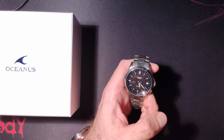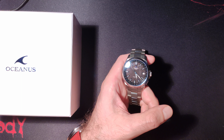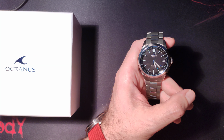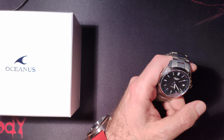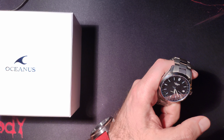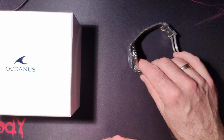So I was able to purchase those two, and I realized that a lot of the other watches that I'm looking at, that I want to get into, are a little bit more expensive. And the ones from that price range around $300 to $500, well, mostly if you go Seiko, go Orient, go Casio if you want, you get pretty much the same range of watches. You have like two or three watches that you really look forward to, and once you get those in that price range, there's not much else. The new models come, but you basically are getting the same stuff, the same presentation, same quality level. So